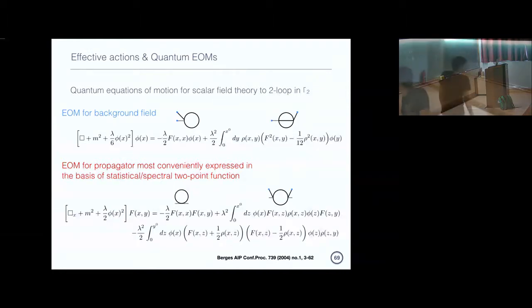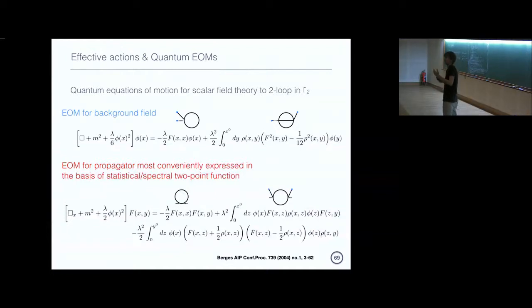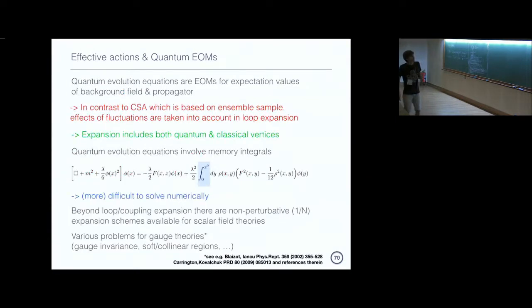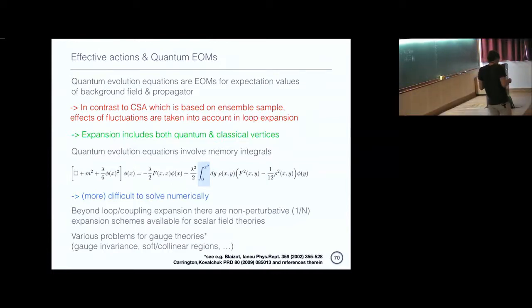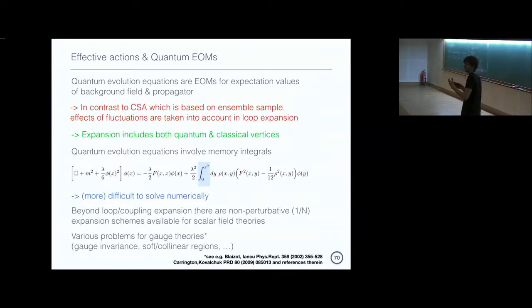Now I just wanted to say that these are really quantum equations of motion, which are accurate up to a certain order in the coupling. A couple more comments on the structure of this framework. It's important, and I mentioned this earlier, but let me point this out again: these evolution equations that I put down here are really evolution equations for expectation values of both the fields and the fluctuations. That's different than in the classical statistical approach that we had before,